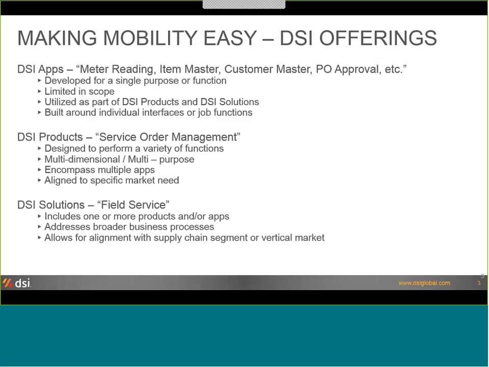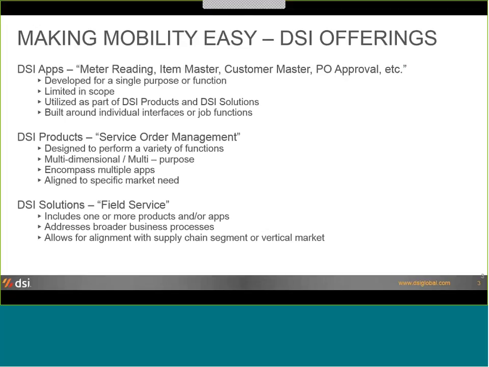So the first thing I want to talk about a little bit is what we offer from an application standpoint. And we really go to market with three different offerings. The first offering is what we call DSI apps. DSI apps are very limited single scope applications. So something like doing a meter reading or a PO approval or item inquiry, PO receipt, something that is very specific, that lines up to a very specific business process, that maybe lines up to a specific process in your